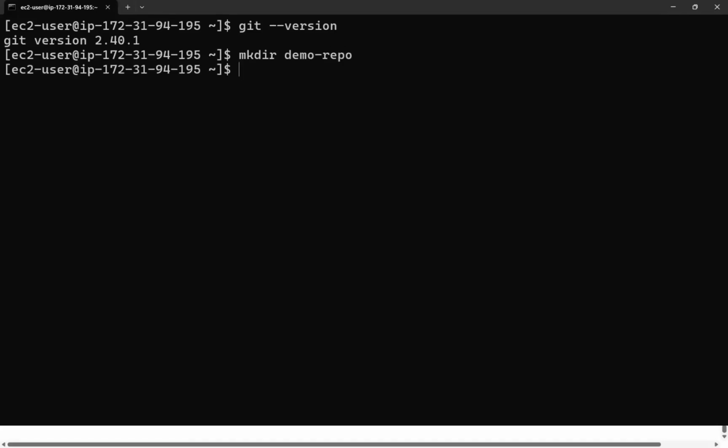So we are creating a folder with the name demo repo. Now in this particular folder, what we'll do is we will clone our yesterday's repository.